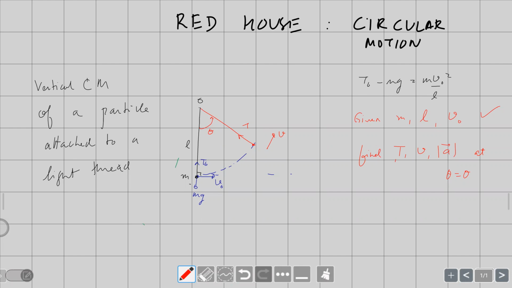So we will take a numerical example also, but first let's write this parametrically, in terms of V naught and L, and of course acceleration due to gravity is also coming. We'll go to the value of g also. This is in a vertical plane. V is acting like this.